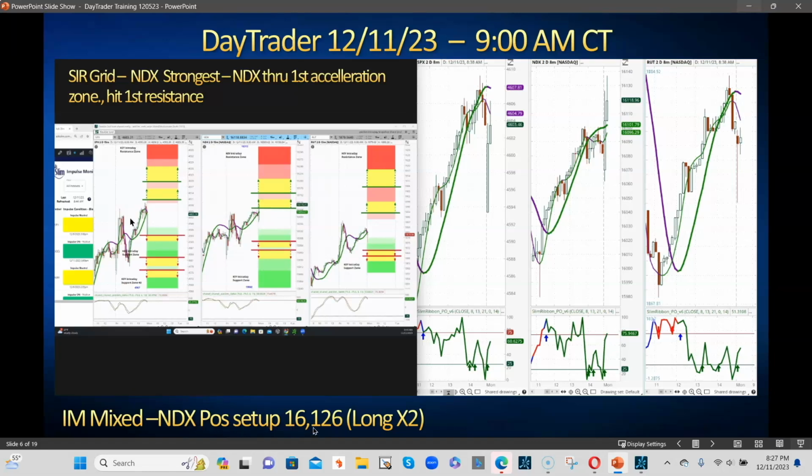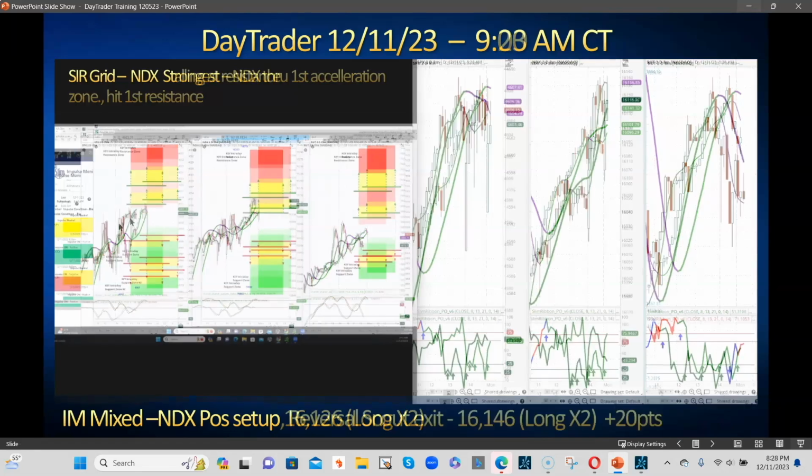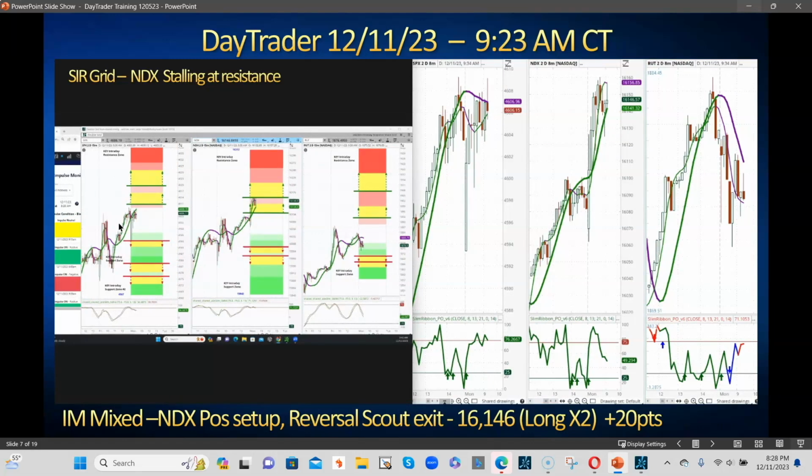It's around 16,126 right now, and because this is green and these are positive setups, I'm going to go with the 2 times size, right? 2 lots here on the long side in the NASDAQ futures. Let's just say we're using NASDAQ futures right over here. So that's what it's telling me right there. There's your setup, as you can see, and that says look for something on the long side. Now here we are looking at this setup,